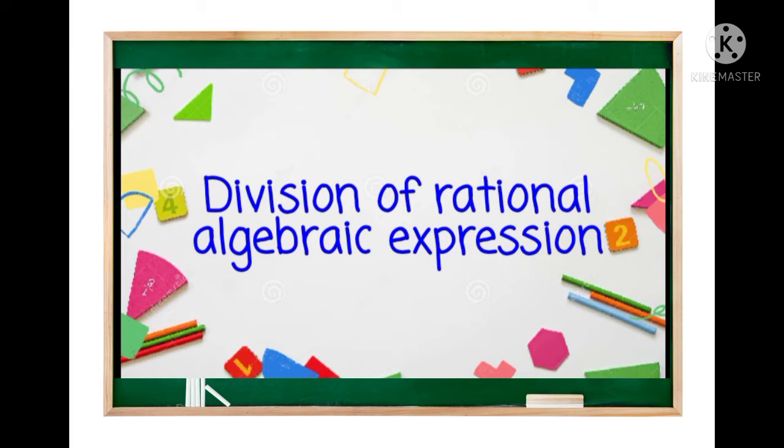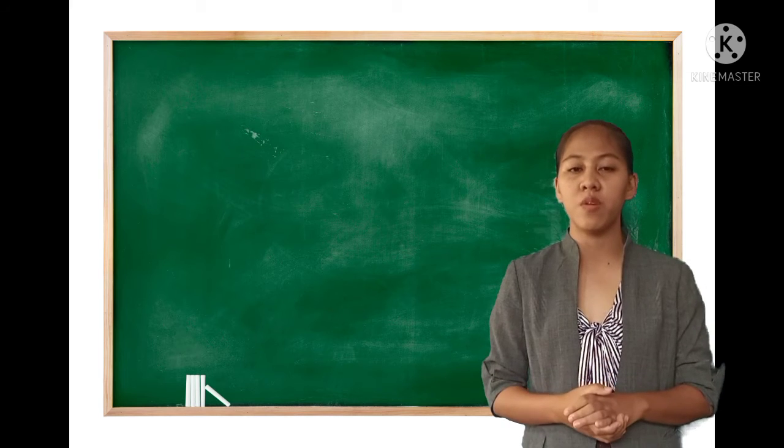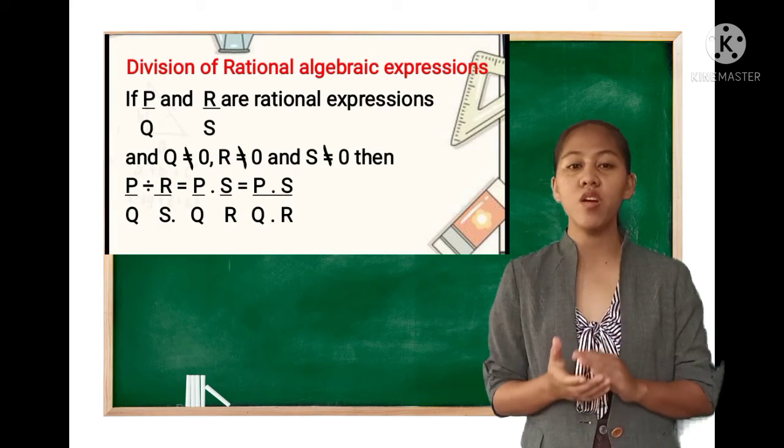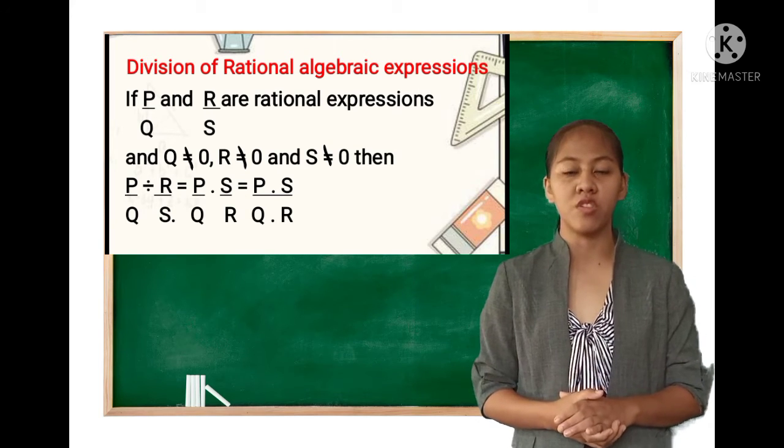Multiplication and division are opposite operations. The rules for dividing involve reciprocals and multiplicative inverses. Reciprocals are two numbers whose product is 1. So, the division of rational algebraic expressions: if p over q and r over s are rational expressions, and q